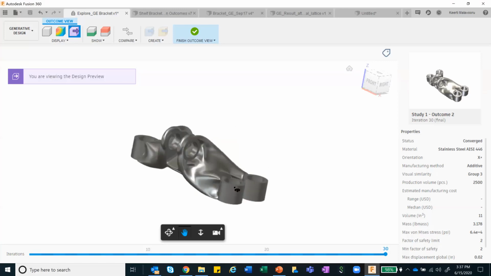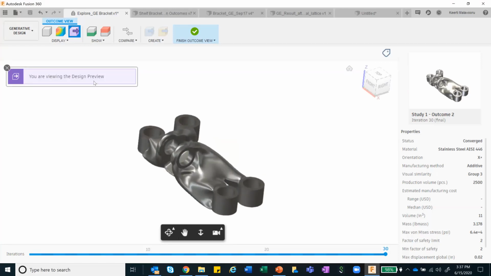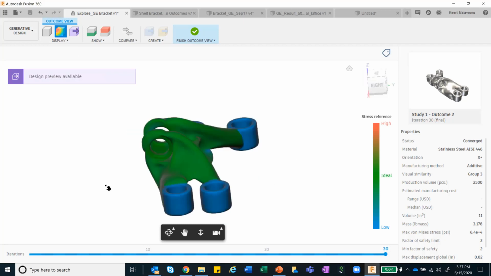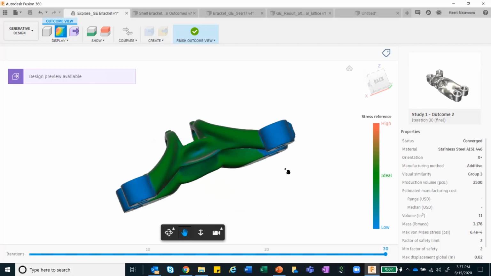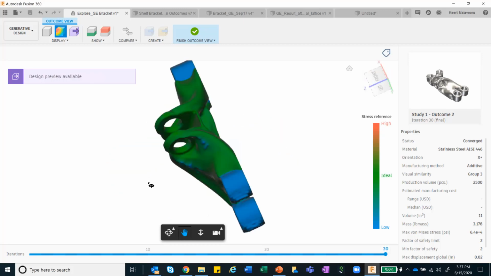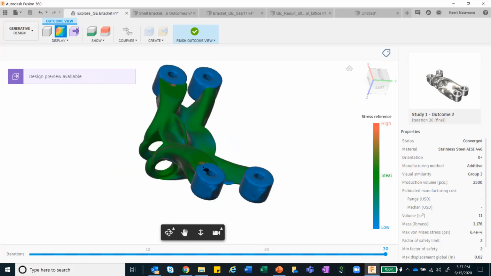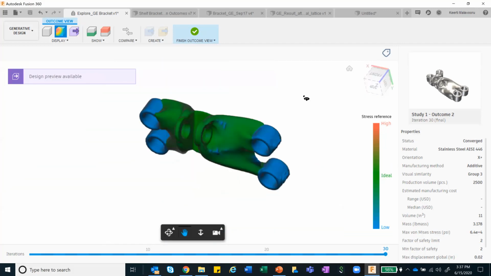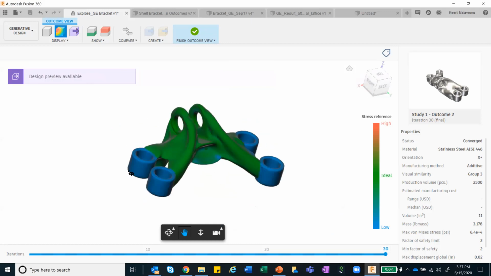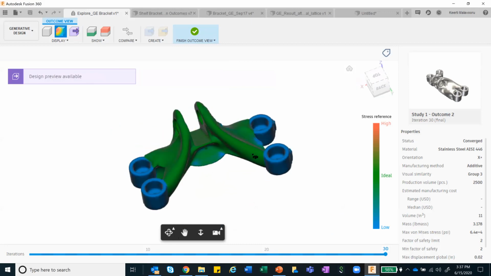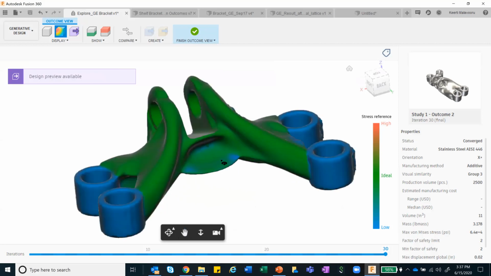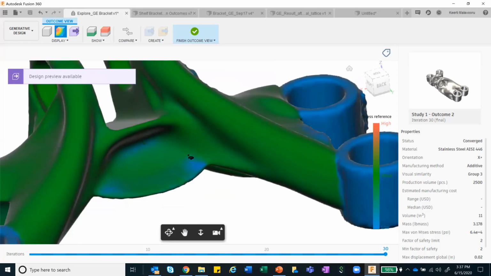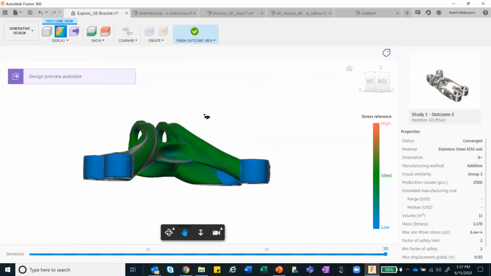On top of it, as I said, it does the pre-validation in terms of strength. So I can check where are my high stresses that are being formed, which can potentially lead to some kind of an issue. I see that high stresses are formed somewhere in these locations, which will not affect the overall performance of it. So if I were to go ahead and manufacture it using additive manufacturing, this should be highly doable, and the overall stresses that it generates is next to negligible.